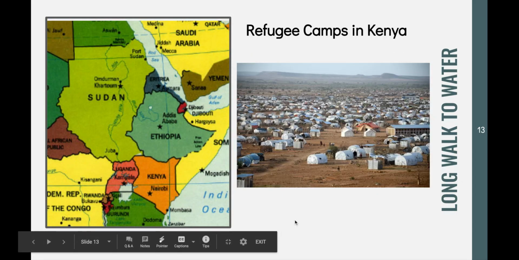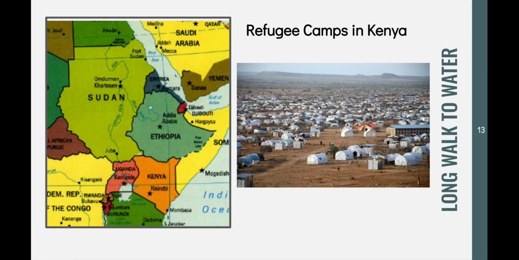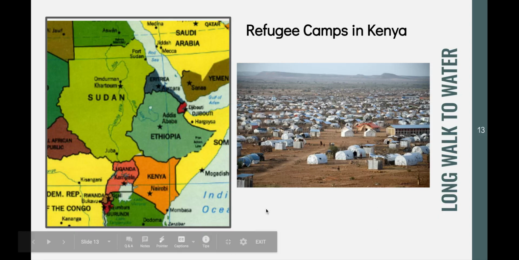So the refugee camps in Kenya, once again, these are not the exact ones that Salva would have stayed in, but you can see that these are just plastic tents. They wouldn't offer very much protection from heat. There's no air conditioning in these. Or animals. You can imagine that there would probably be snakes or other desert creatures that could get to you in those.